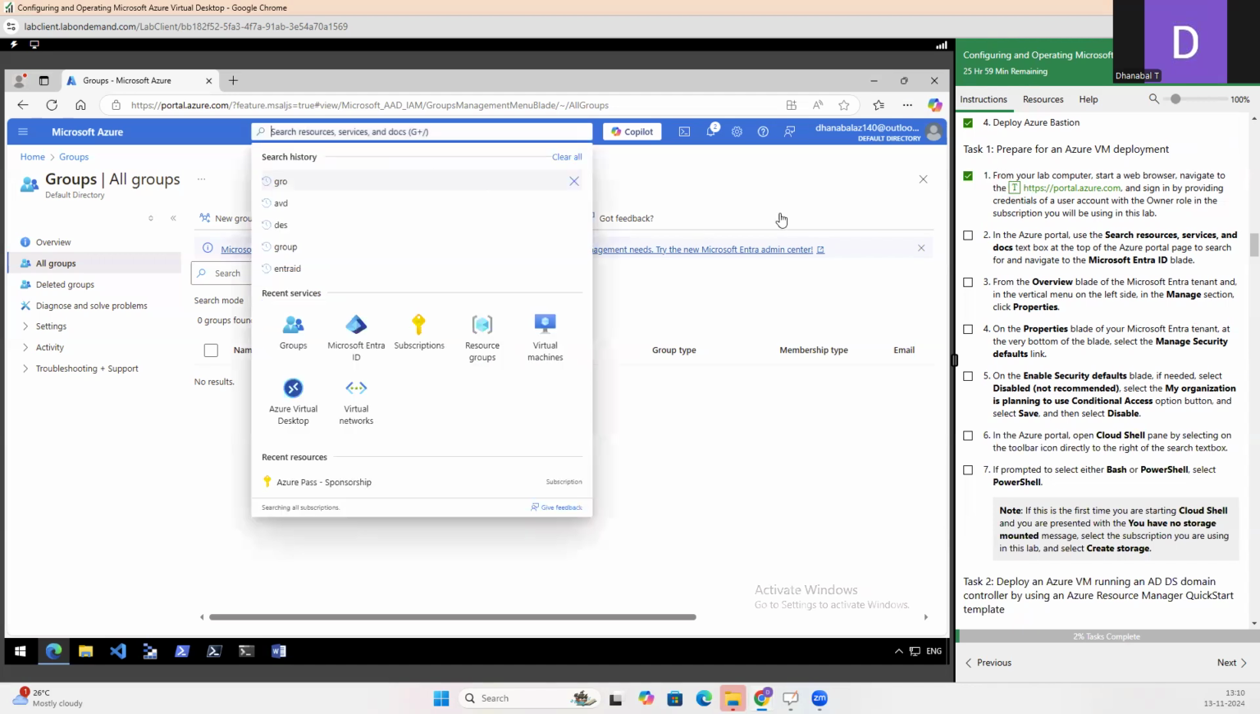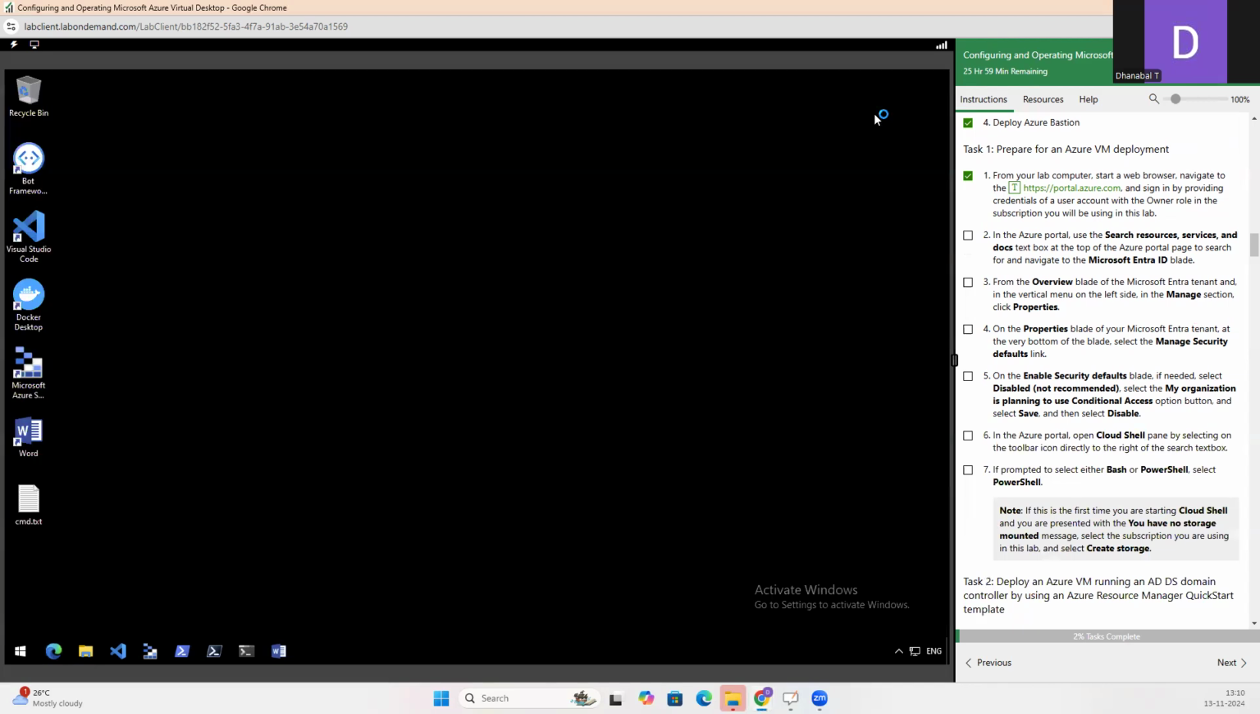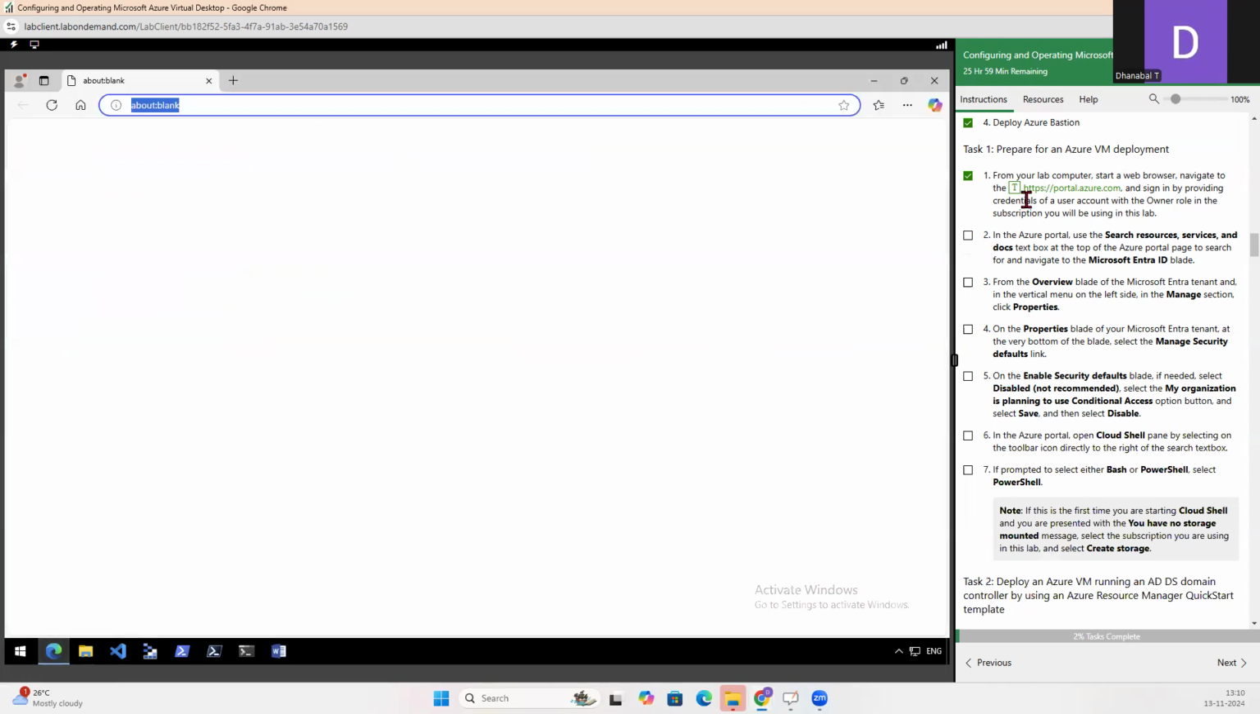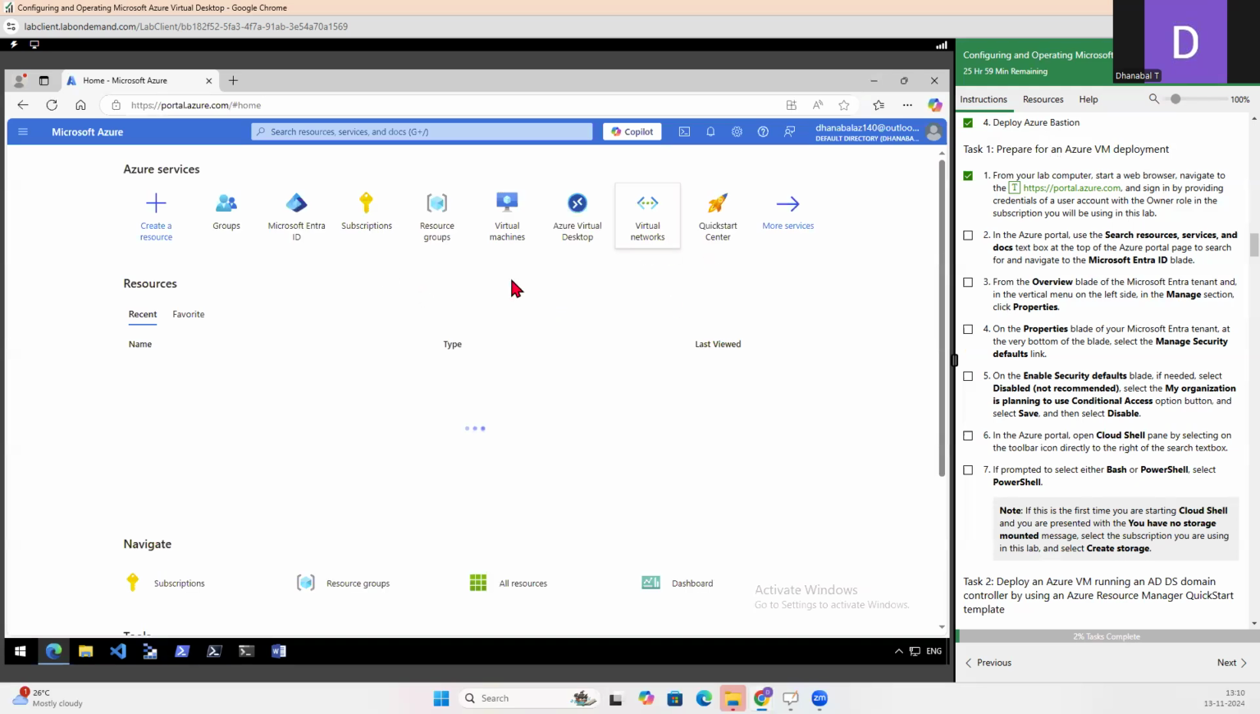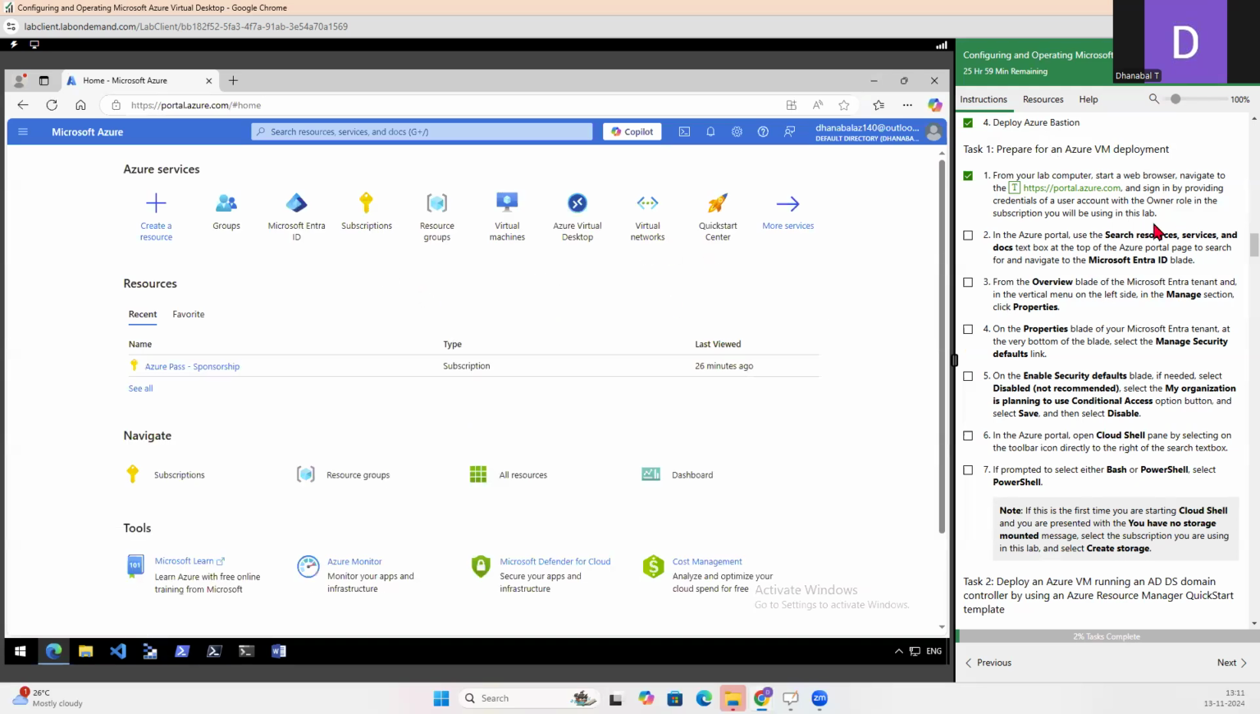And what you have to do, if you have opened your lab environment and this is your lab computer, on the lab computer, we need to start a web browser. Let me go to Microsoft Edge and open portal.azure.com and hit enter. If you have already logged in, we might get this home page. If it is asking for signing in, then you have to give the username and password. Fine. So now let's search for